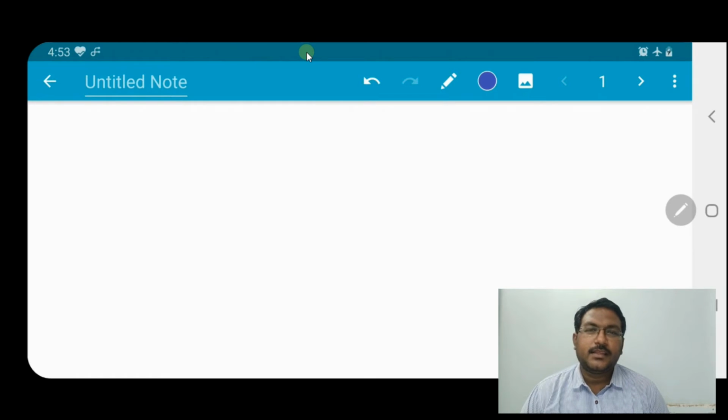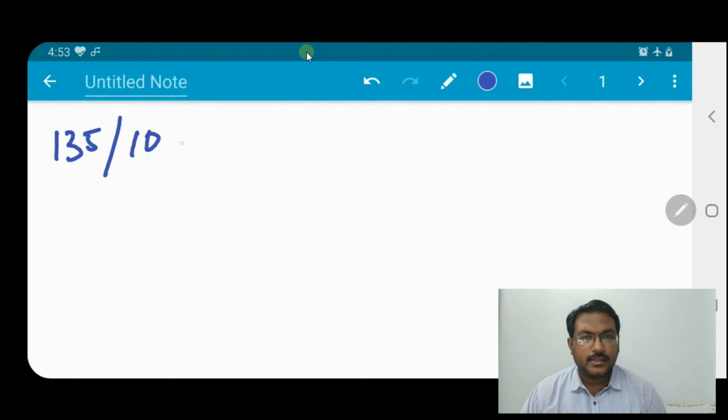Before finding the solution for this problem, let us have a small reminder from mathematics. If I have a number, suppose 135, and I divide this number by 10, what will I get? I will get 5 as the remainder, and the quotient will be 13.